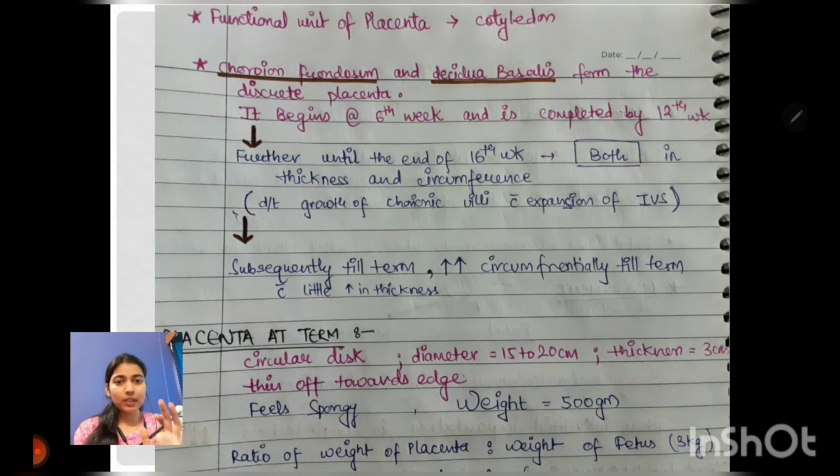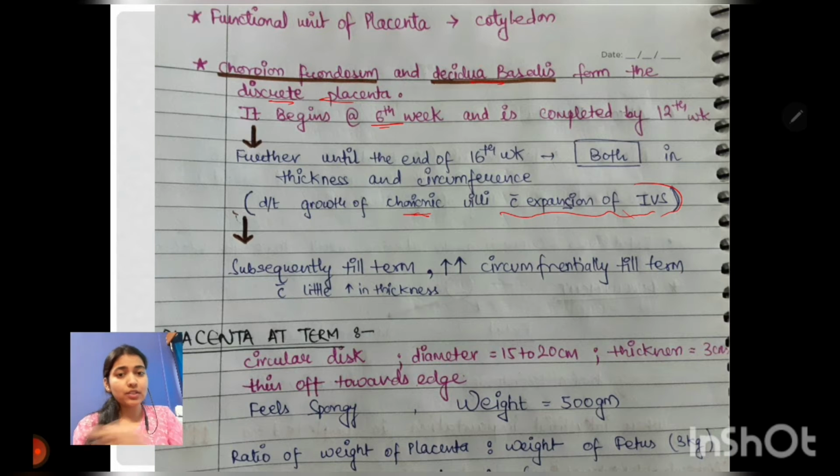So the functional unit of placenta is the cotyledon. Chorion frondosum and decidua basalis form the discrete placenta. I think now it's clear that placenta has two components, chorion frondosum and decidua basalis. It begins at the 6th week, is completed by the 12th week, and continues until the end of the 16th week. Both the thickness and circumference increase simultaneously due to growth of chorionic villi with the expansion of intervillar spaces,